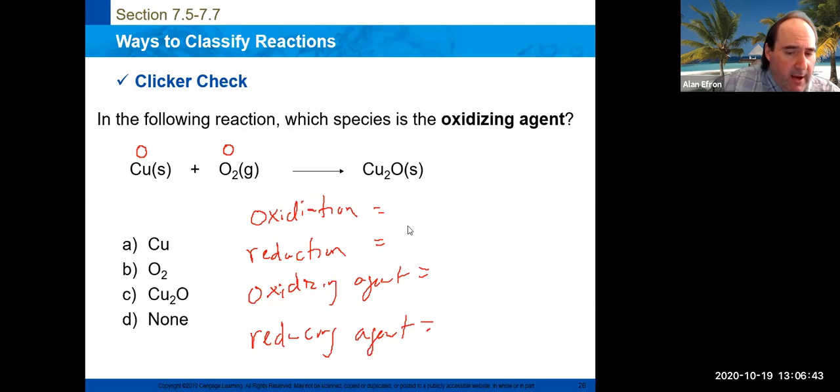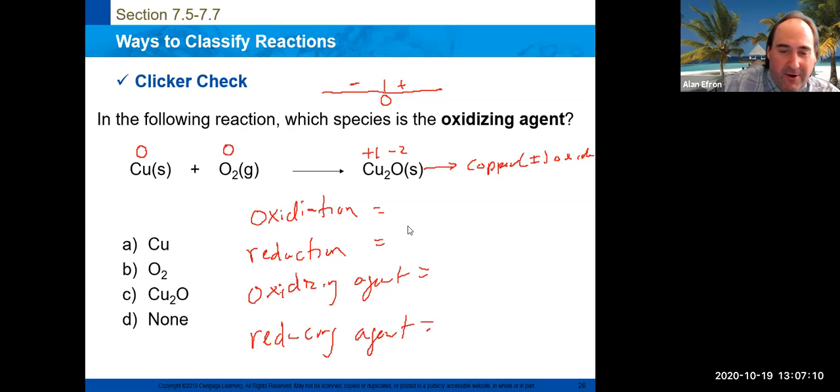This is copper, by the way, copper Roman numeral 1 oxide here. That means that the copper has a +1 charge. Oxygen has a -2 charge in this particular case. So now we could, again, use our number line, if you like, to help you figure out what is going on. We'll start with the